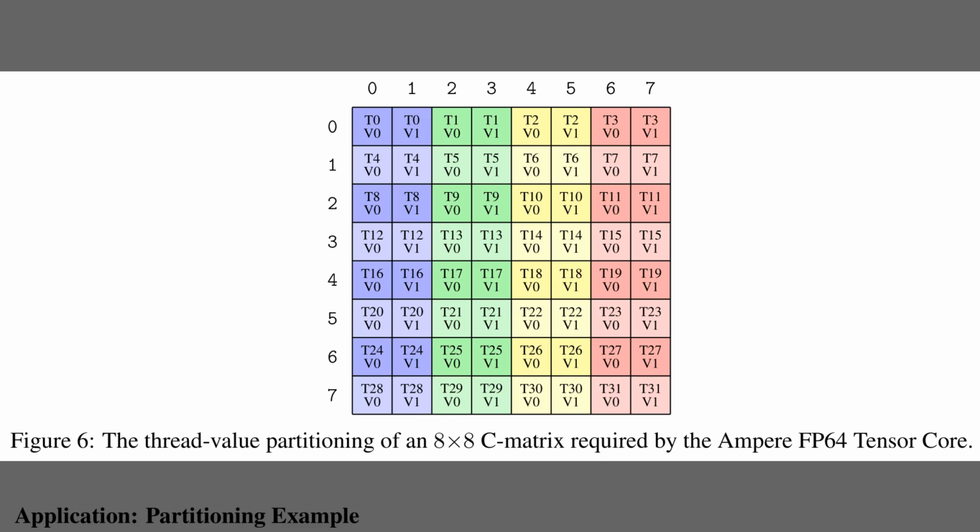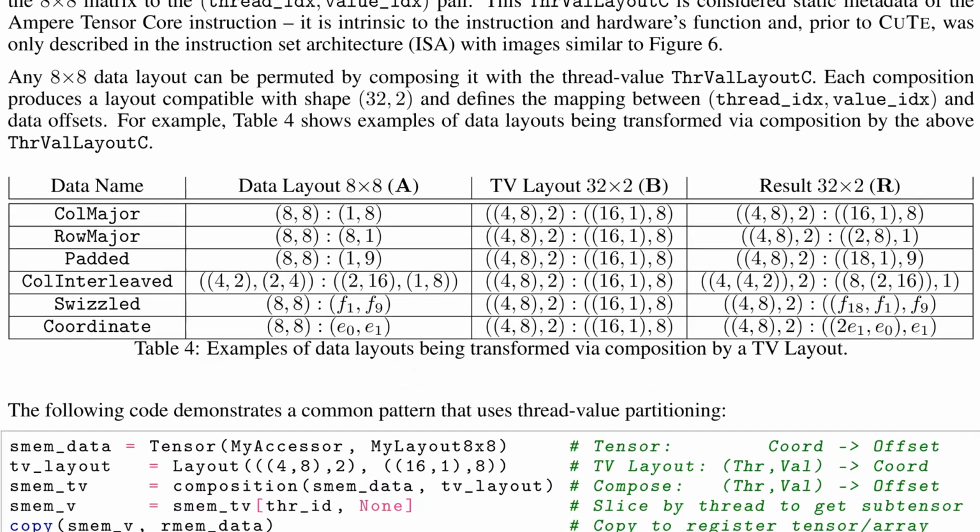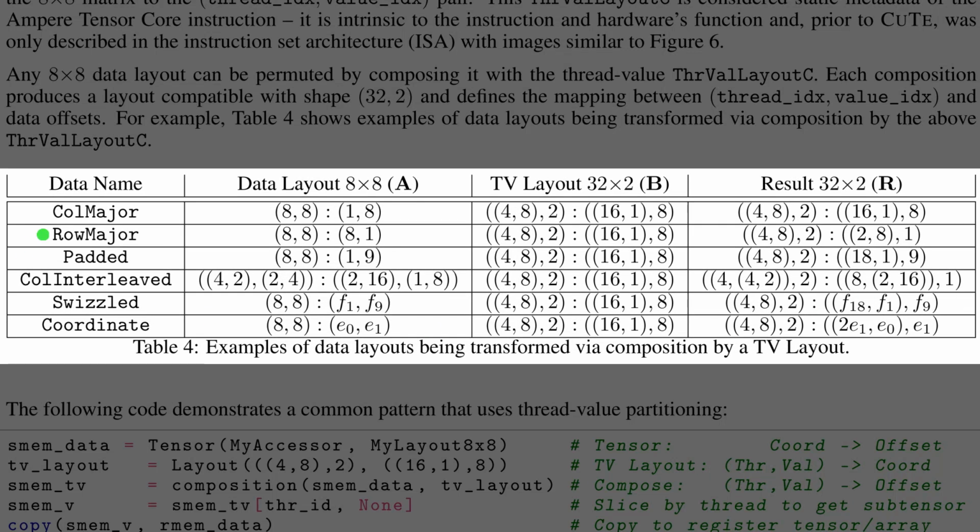This layout is hard-coded into the silicon, so the library uses the algebraic framework to ensure software data patterns match this physical reality exactly. Following up on that hardware pattern, Table 4 demonstrates how the layout algebra adapts it to different memory formats. The middle column fixes the exact Ampere tensor core pattern we just saw, labeled as T V layout B. The left column then varies the physical storage of the source data, ranging from standard column major arrays to complex interleaved or swizzled structures. By composing these two, the rightmost column derives the precise addressing logic needed for each case. This ensures that a single kernel can support any input layout, because the algebra automatically handles the complex index math